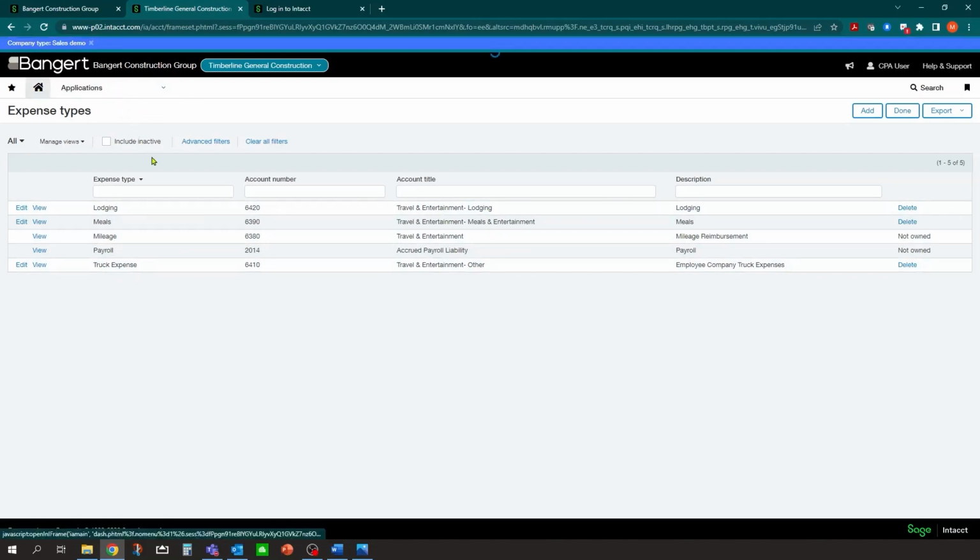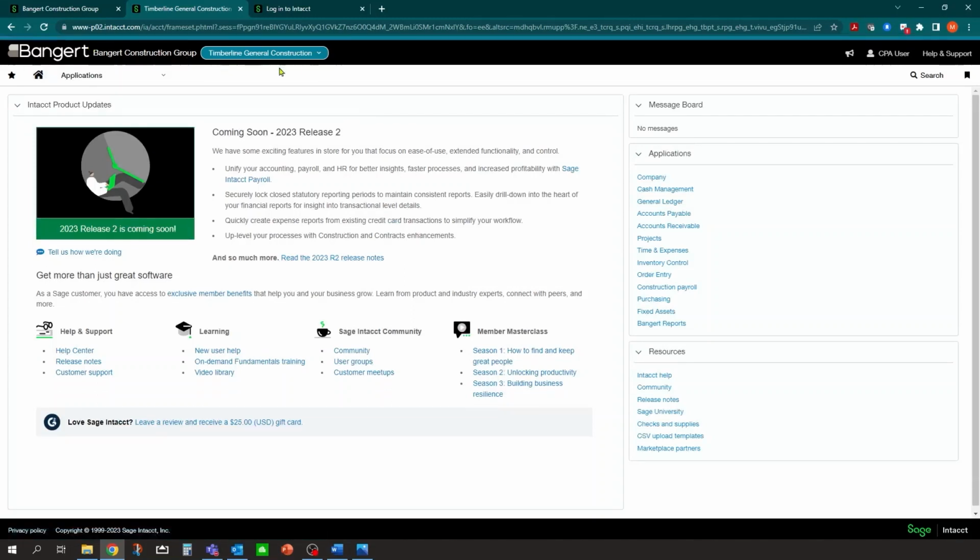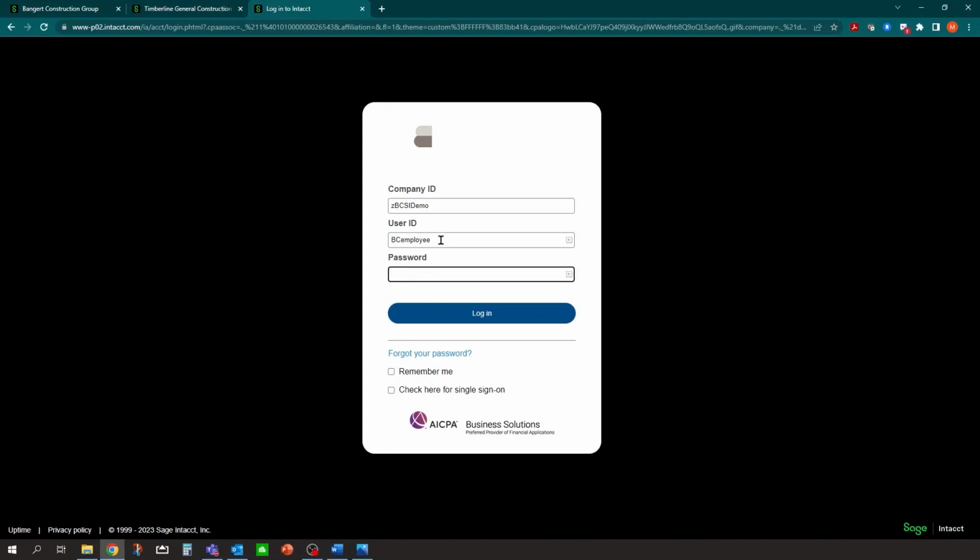Let's get back to home. Okay, so now we're ready to enter in some expenses. And let's first show you, let's log in as an employee user. So a user in the system can log in. This is an employee user type. So they only have limited data entry as far as what they can do in the system. But one of the things an employee user type can do in the system is enter in their expenses and enter in their timesheets. So I could assign a user an employee license, and I can come into here, and this employee, and we'll log in. We'll log into the software as themselves.